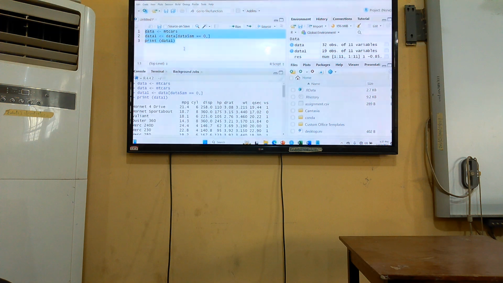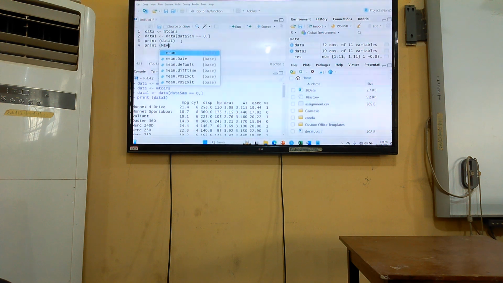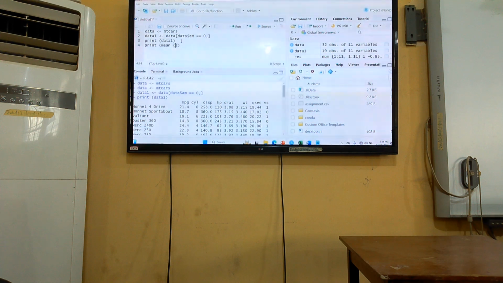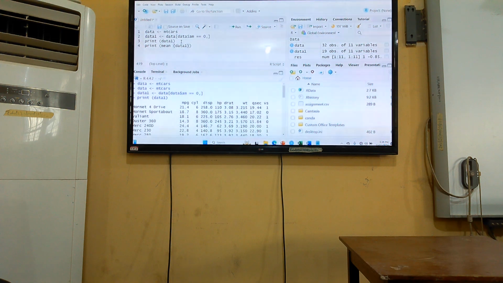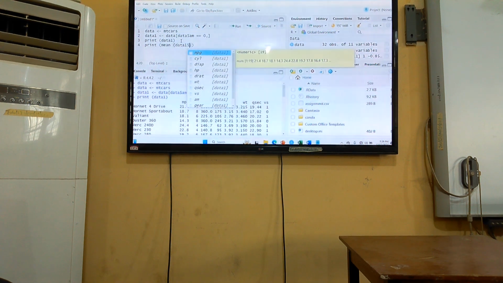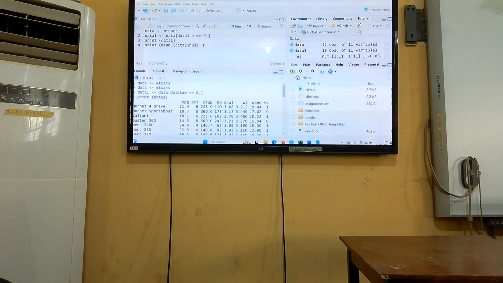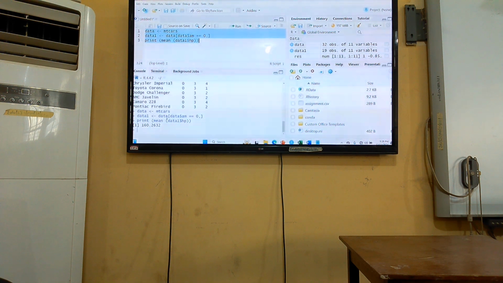So in that case, it will be print mean of data1$hp. This is going to give us, if you run this now, it's going to give you